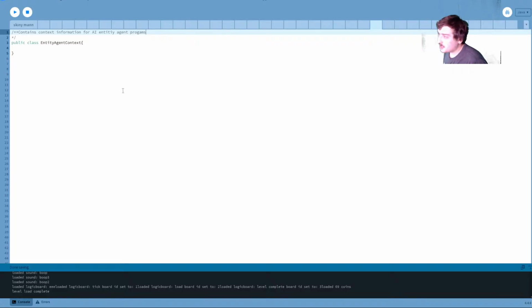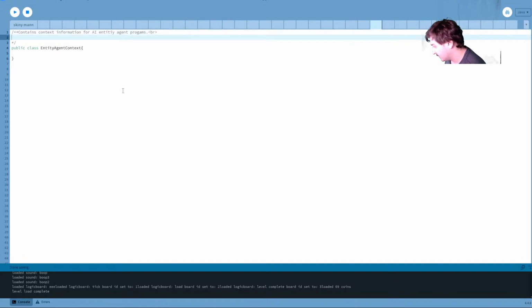Contains context information for AI entity agent programs. Let's make another line there. Basically anything entities' AI might need for each.